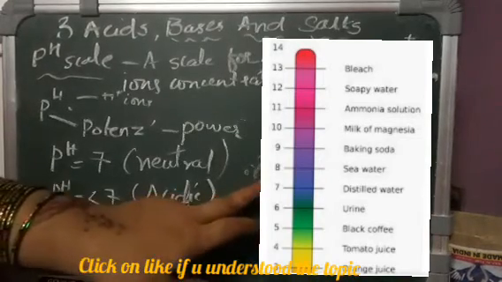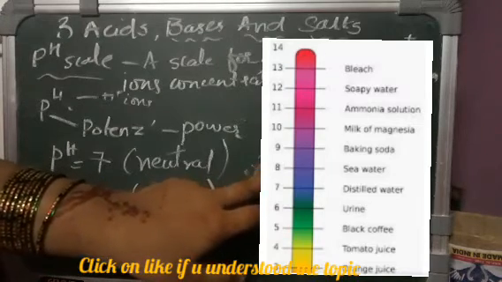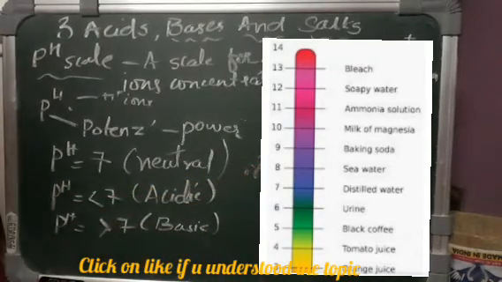If the same solution's color changes here itself, if you get a reading somewhere here, then that is less than 7, it is acidic. So simply we can say that,